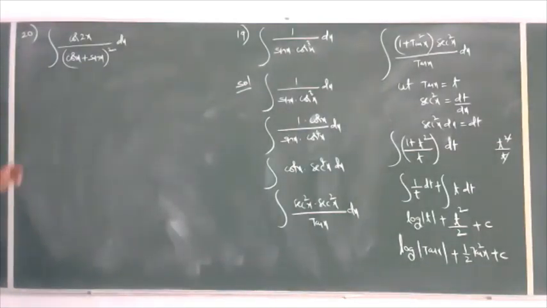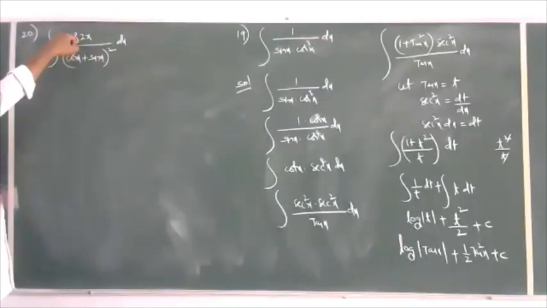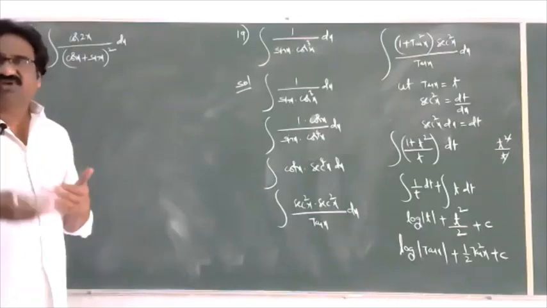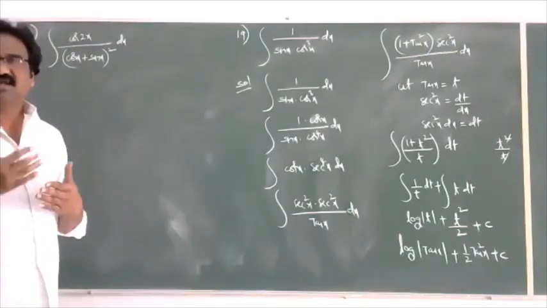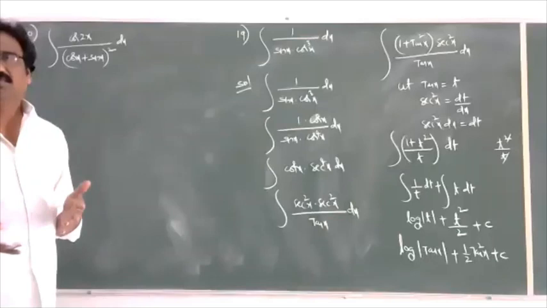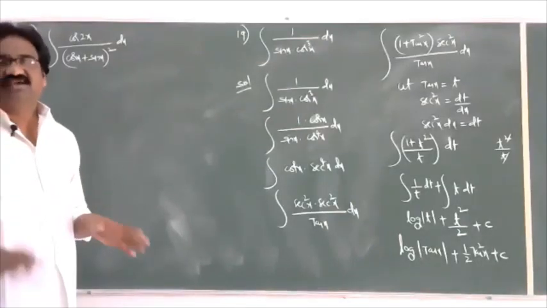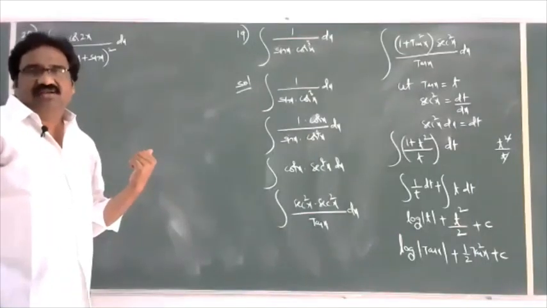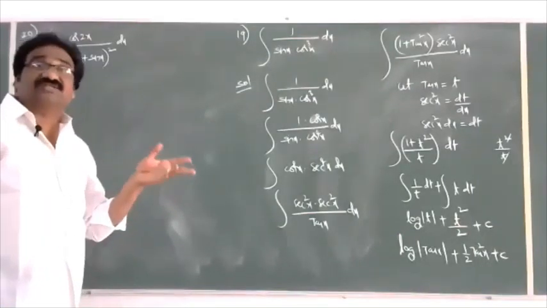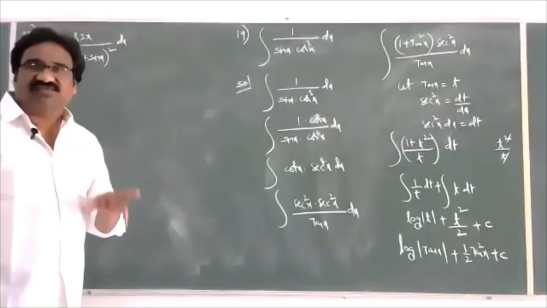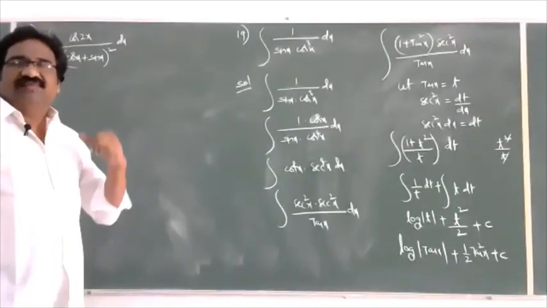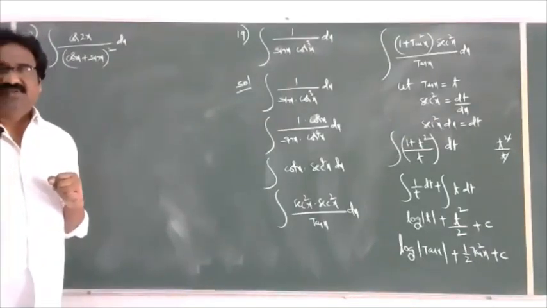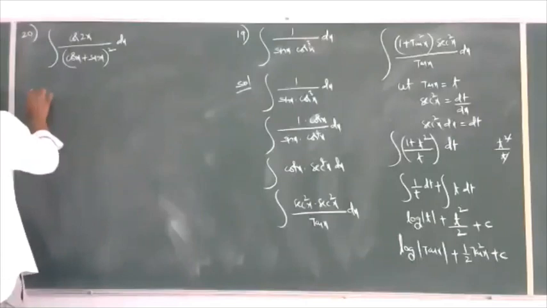Here, you remember the formula of cos 2x. We have different formulas for cos 2x, in terms of sin, cos, in terms of tan; four or more formulas are given for cos 2x. That's why here, what formula is useful to simplify the given function? You write cos 2x is cos square x minus sin square x. That formula is very useful here. Why? In the denominator, (cos x plus sin x) whole square is given. That's why you write cos 2x this way.